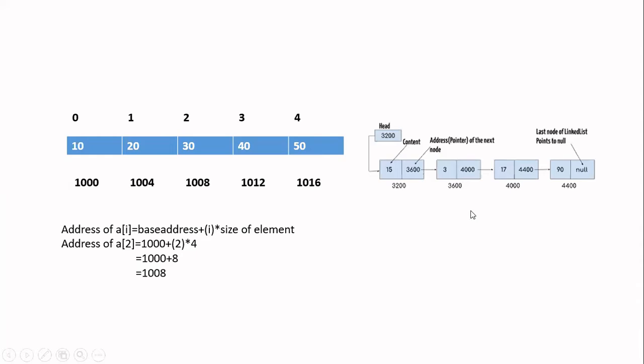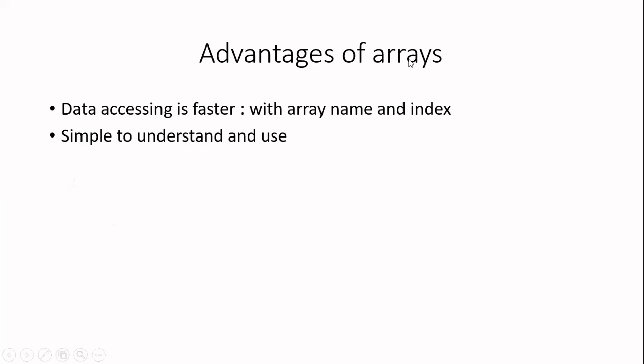Now, you understood how the linked list is stored in the memory and how an array is stored in the memory. Now, let us see the comparison. This comparison is very, very important, students. Focus on this. We are going to compare array with linked list, so that when you implement a program, you understand whether you will go for an array-based method or a linked list-based method.